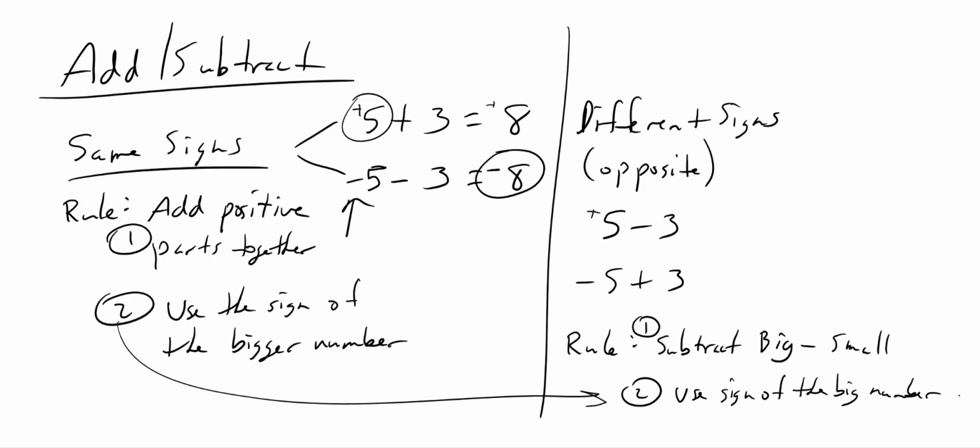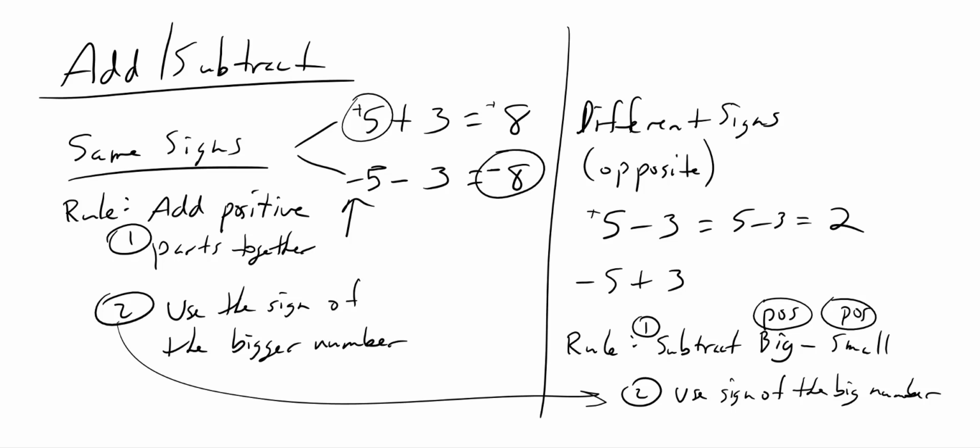Okay? So when I say subtract the big and the small, this is the positive values of that. We're always subtracting the positive values. It's always easier. Subtract the positive value of the big minus the positive value of the small. Super easy. So if I see a 5 and a negative 3, I know they're opposite signs. So I go, oh, big minus small. So 5 minus 3